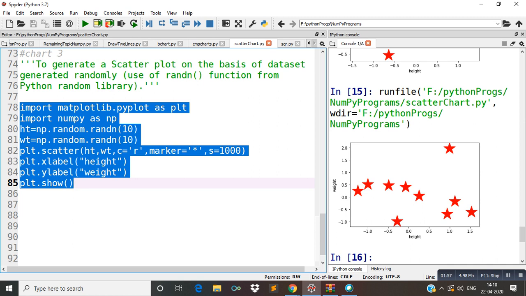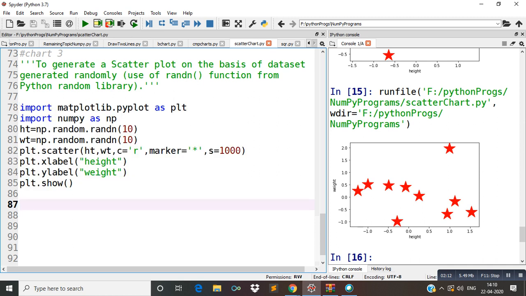Main thing is this: the program is same, but the output is different. Why? What is the reason behind it? Actually because of the random function. This random function can be used to take some random values. As I told you, random values are not fixed, that is, the result will not always be the same. Always the result will be different when you use the random function. Whenever you use this function, values will be changed.